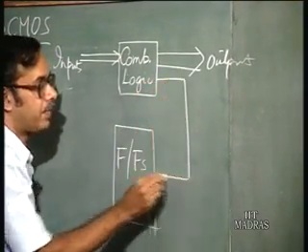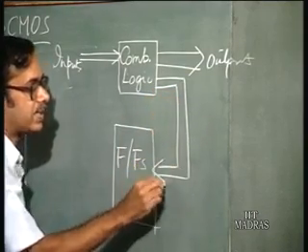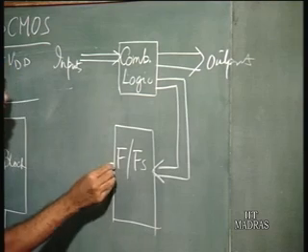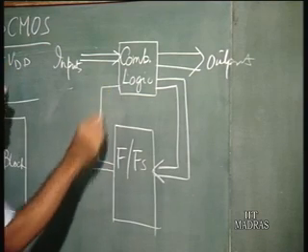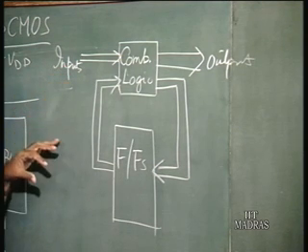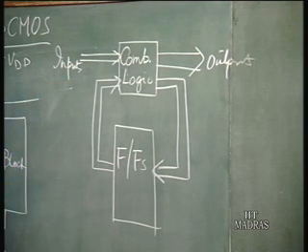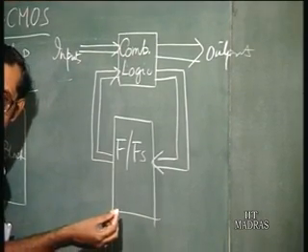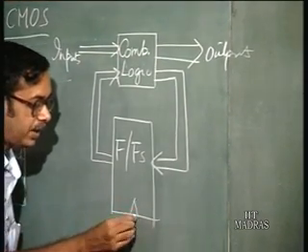So from here you generate the states of the system and feed it to the flip flops, and from here this goes in as the input to the combinational logic. So this can be treated as a model of a digital system. Basically, in the flip flops you require a clock, and this clock can be